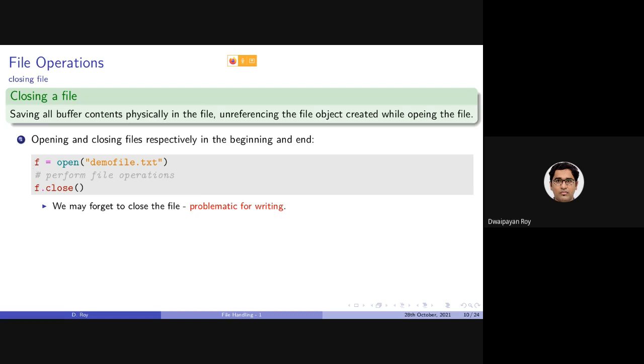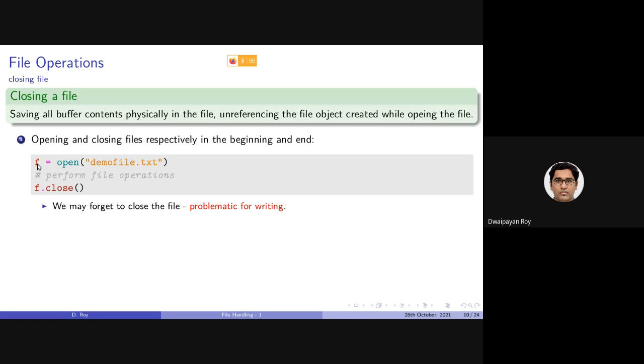Why? Because let's say we open a file in the first line of our code, and the code contains thousands of lines with operations on the file, and we might forget to call this close function using this file object.